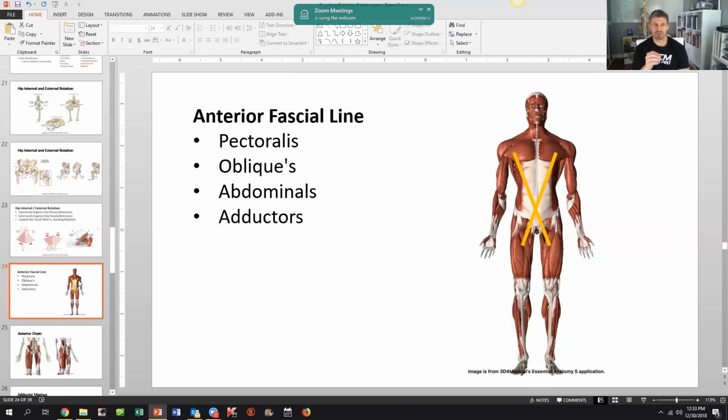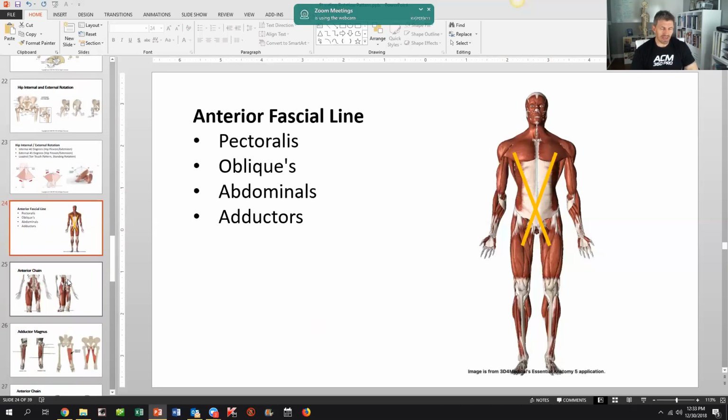But don't just assume it's the musculature of the pelvis. The torso has a big influence on that, as well as the abdominals, mostly the obliques, in this connection pattern, the anterior fascial lines. The pecs, the obliques, abdominals, and adductors, the contralateral adductors, have a big influence in the ability to rotate. And if you're finding asymmetries, you're probably going to find asymmetries in that musculature as well. And you'll most likely see some sort of an offset or tilt or rotation in the torso of the person. And it'll give you some indication as to which fascial line you can be working on